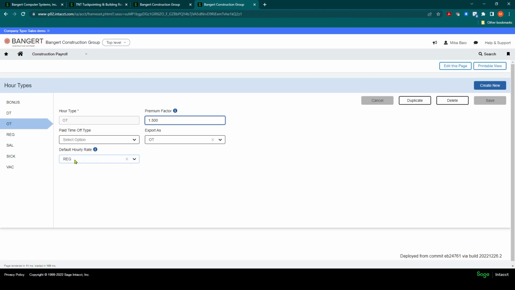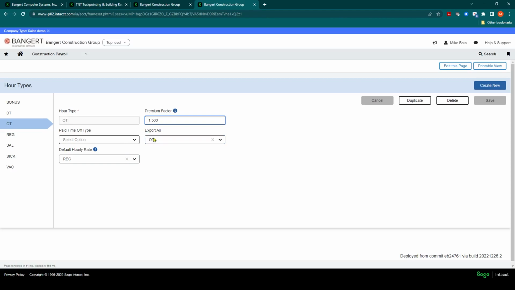So in the system, whether you're using a compensation table or setting up a rate in the employee setup, you need to just set up the regular pay rate, and then the system, whenever OT is used for that employee, it'll apply the regular rate at a 1.5 factor. You can also elect to leave the OT at a 1 and not have it based on another rate, and then in the compensation tables or in the employee setup, you would put in your own rate for overtime. But you don't need that if you have this premium factor set up.